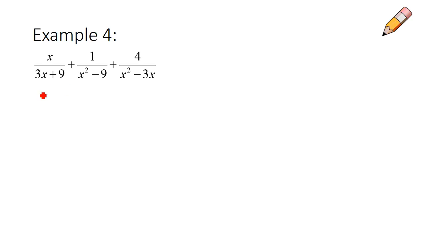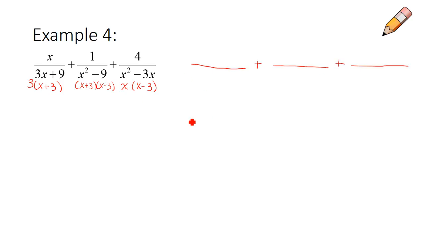This first fraction, ladies and gentlemen, I could take a 3 out, making him x plus 3. This second fraction, I can split apart into x plus 3 and x minus 3. And this third guy, I could take an x out, leaving me x minus 3. Whew, there's a lot going on. But I'm going to have three fractions to work with here, and they all have to have the exact same